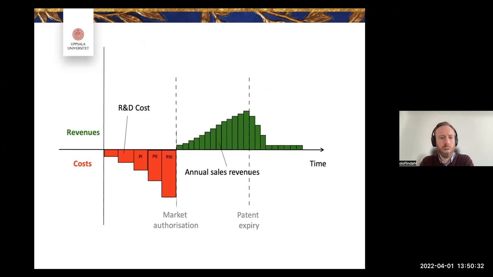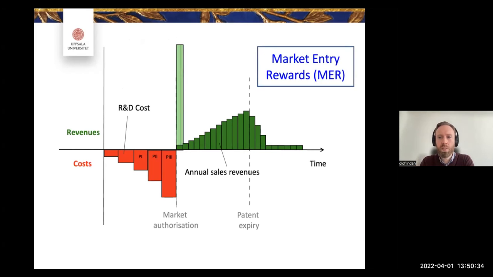Where are we? We are back in the colorful one. So a market entry reward, this would be an example. The point is just a big lump of money on the first day when you reach the market to compensate for the considerable costs you had, instead of a slowly but too low growth in sales. As we remember,